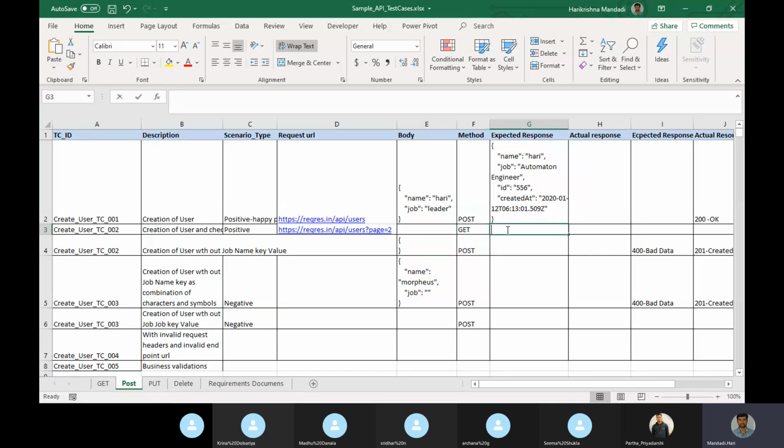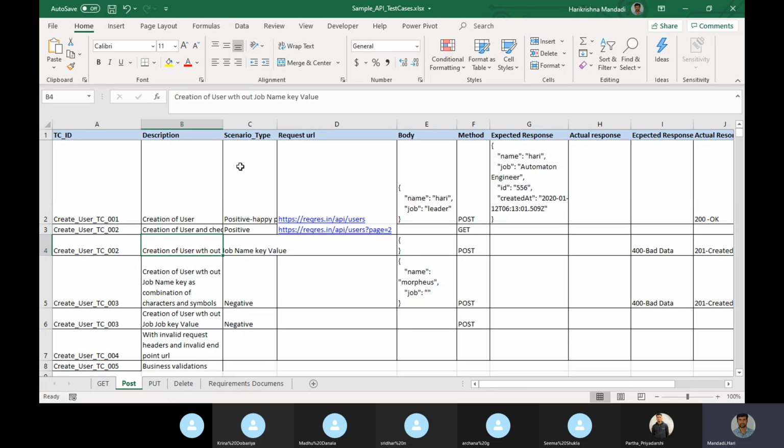The method is different here. Or you can completely remove this and do it some other way. Actually, if we are getting this expected response, it means it is created already. This is for a clearer validation.